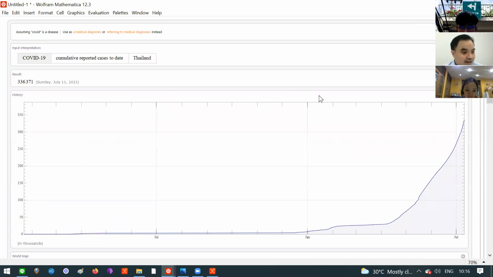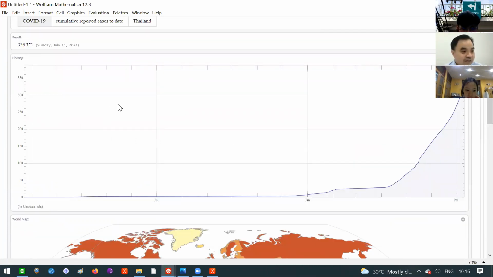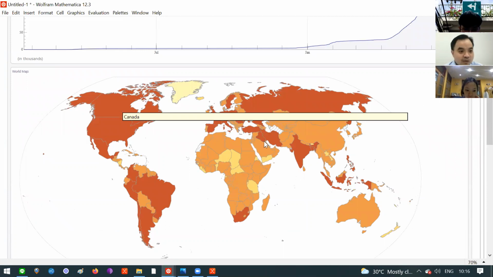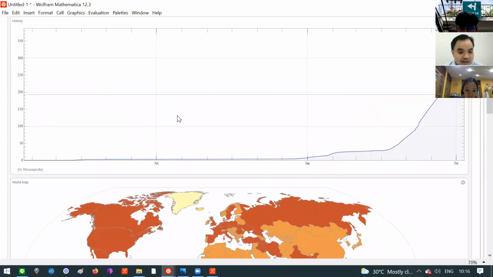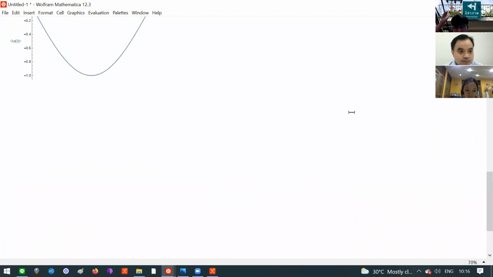So that's that. Oh, there is, it's giving you a plot. It's giving you a comparison with countries. So Thailand is kind of orange compared to the red countries. Because at one time we were doing so well, because